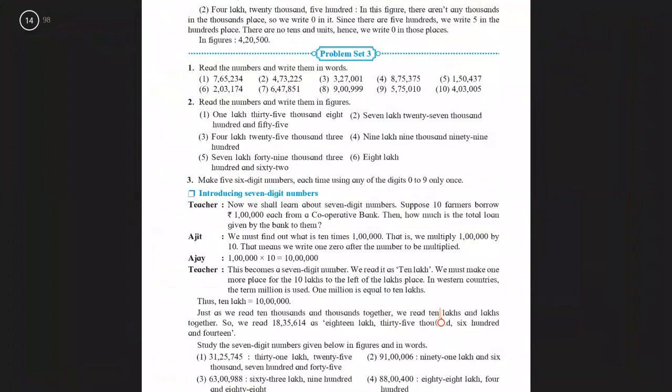See the third question here, 3,27,000. In the hundreds and the tens place, there are zeros. And in the units place, it's 1. So you read it as 3,27,001. Okay. The fourth question will be